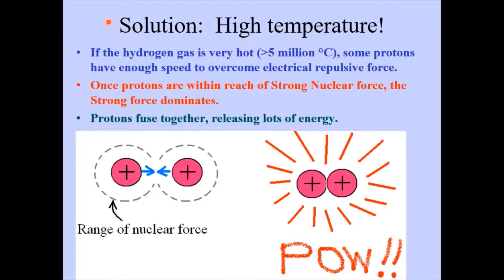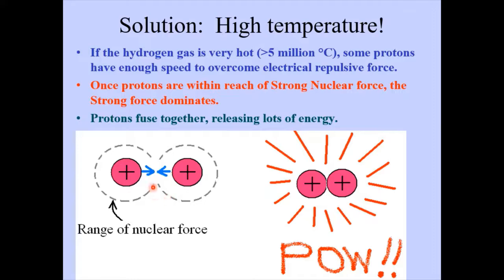So the way to do this, though, is we can use high temperature. Remember that when we heat up a gas, the gas particles move around faster. So if we can heat the hydrogen gas to more than 5 million degrees, these protons are going to have enough speed to actually overcome their electrical repulsion. So once the protons get close enough together here like this, because remember they're flying towards each other at a really fast